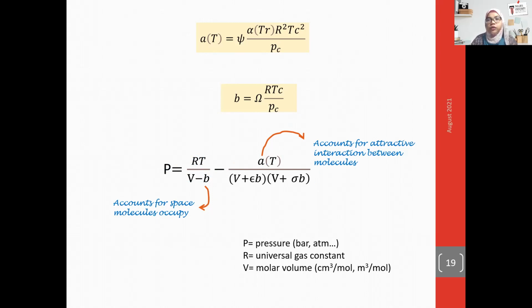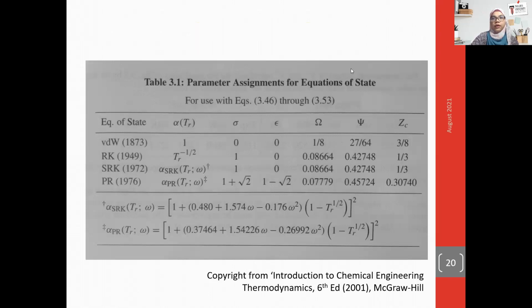And a here accounts for the attractive interaction between molecules. So you can notice that this cubic equation of state also modifies the ideal gas to mimic real gas properties. And these are the epsilon here, and also